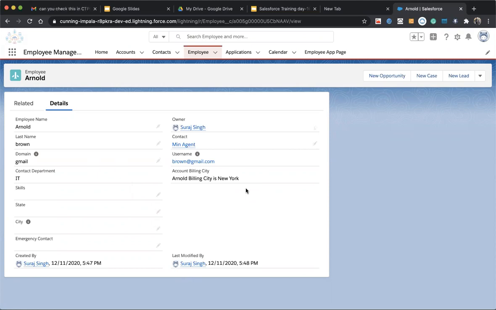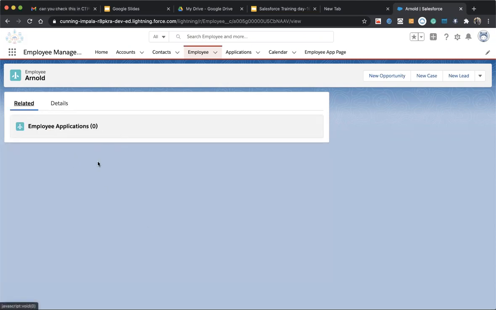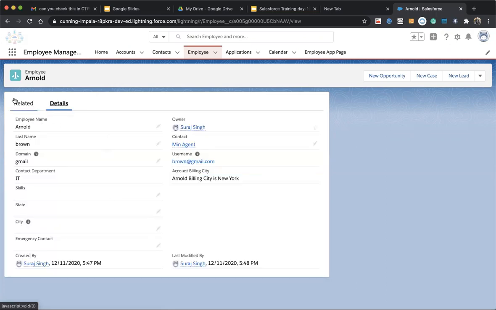Whenever we have to do something automatic, whenever the record is saved, it will do something like a field update, or send an email, or create a record, or create sub records. Suppose I want to create a sub record, means related records, records that are related to this object.